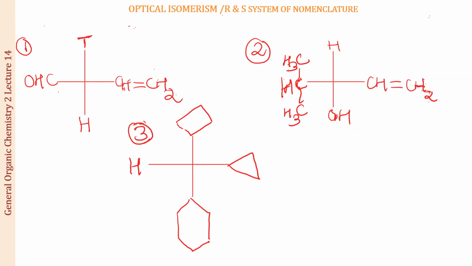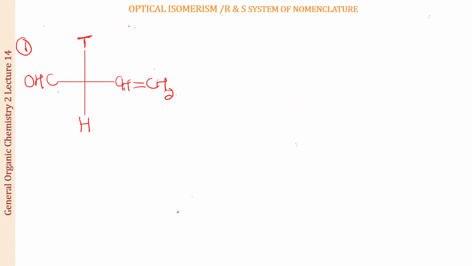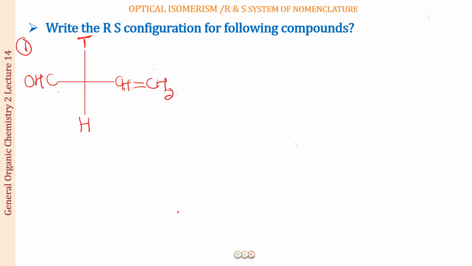So now that you have learned writing the RS configuration, what I want you all to do is to write, for these three structures, which is going to be which configuration. Is it going to be the R configuration or the S configuration? Once you have done that, you can continue the lecture further. I am going to explain all these three. Okay, so now if you've done that, let us begin with the first one. So this is the first structure that we have. In this structure what you can see is that we have a tritium, we have a hydrogen, right?